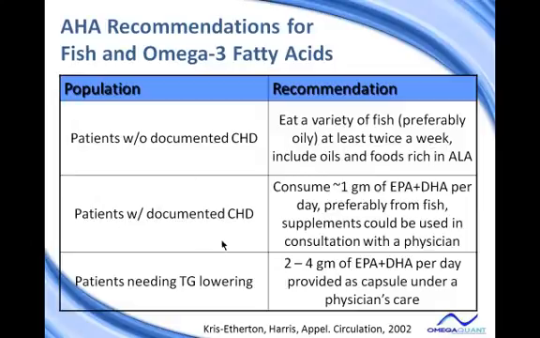Patients with documented coronary disease, people who have known heart disease, are recommended to take a higher amount, about 1 gram of EPA and DHA. It's about twice as much as up here, preferably from fish, but supplements can be used and typically would be used. Patients needing triglyceride lowering, actually 3 to 4 grams of EPA and DHA per day is a triglyceride lowering dose. Other doses, 1 gram, half a gram, will not lower triglyceride levels. So this is just for a small group of people. So that will end part 1, the discussion of the basics, and we'll